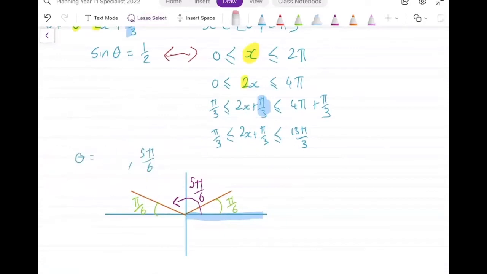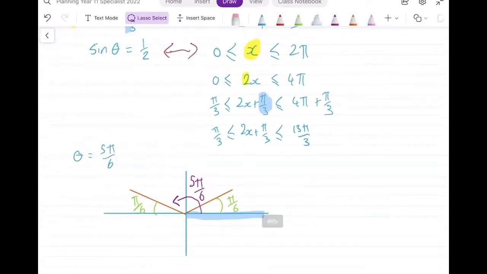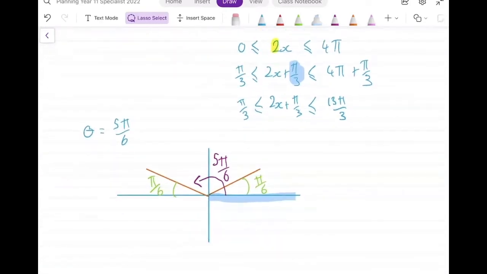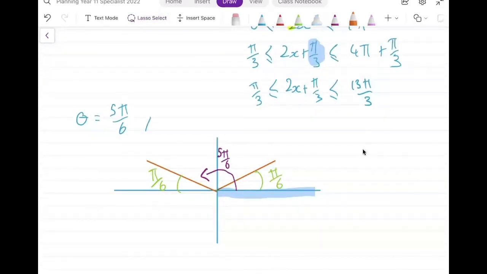So this here won't even be true at the beginning. So my first angle is going to be 5 pi on 6. Now, if I keep working my way around the circle, really we just have to think about this as we rotate around. A simple trick to help think things through is to convert my fractions into mixed numbers. So this 13 pi on 3 can simplify down to give 4 pi and then pi on 3,